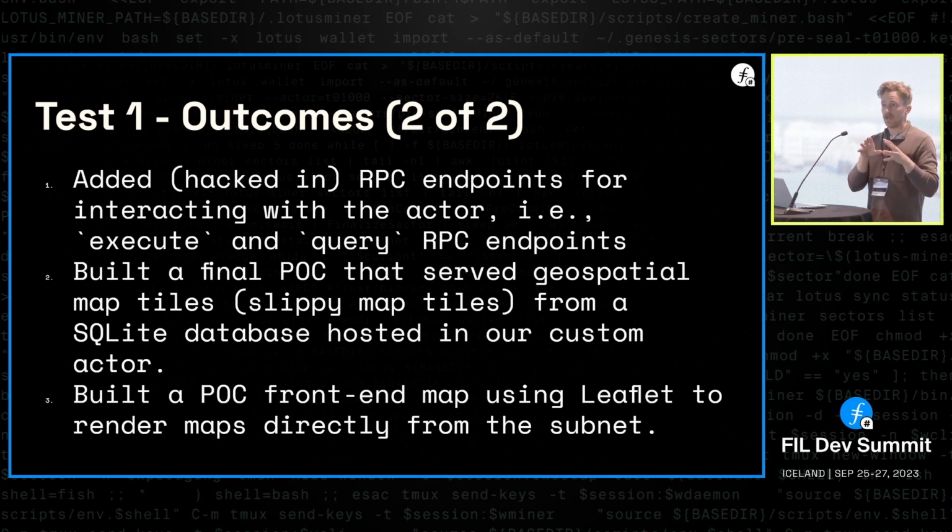And so traditionally, the state of the art for serving that kind of data 10 years ago was to just put it all in a SQLite file. So you create a key-value store in SQLite where the key is that address and the value is the blob of the PNG or the vector tile or whatever it is. There are more state-of-the-art ways of doing that now, where you store a giant flat file and do range requests on S3. But the SQLite database has some nice benefits to it.